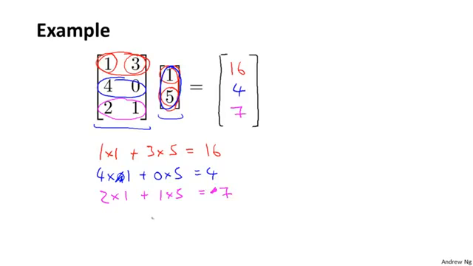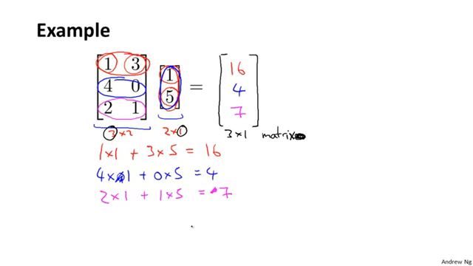Okay? And it turns out that the result of multiplying a 3 by 2 matrix by a 2 by 1 matrix, which is also just a two-dimensional vector, is going to be a 3 by 1 matrix. In other words, a 3 by 1 matrix is just a three-dimensional vector. I realize that I did that pretty quickly, and you're probably not sure if you can repeat this process yourself, but let's look in more detail at what just happened